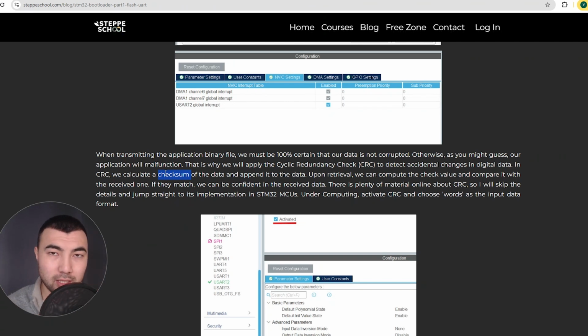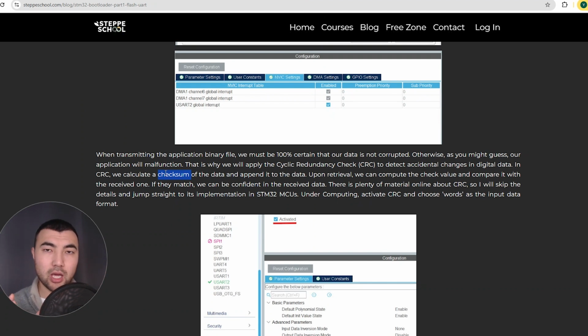And what you do next, you take that received data and you compute the checksum. And ideally, if you receive non-corrupted data, the transmitted checksum, which was computed when transmitting the data, and the checksum of the received data have to be equal,